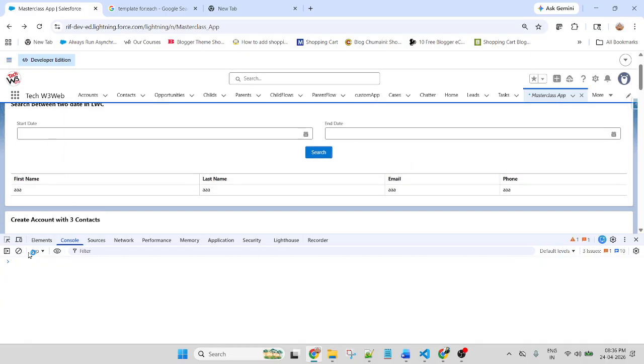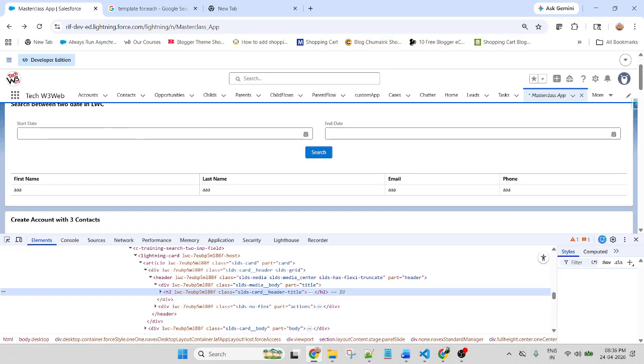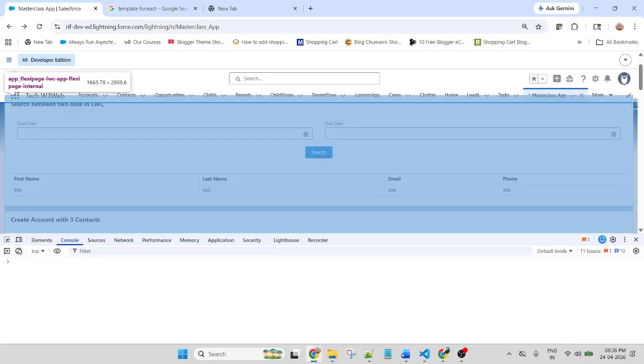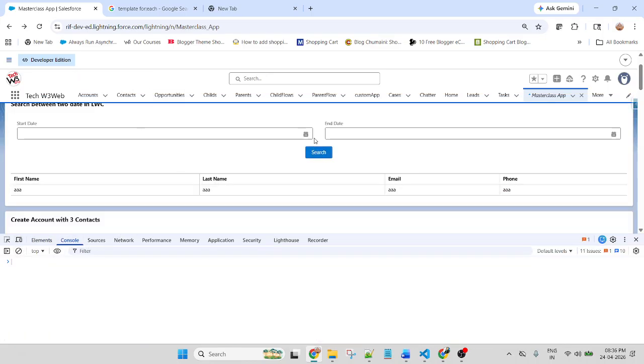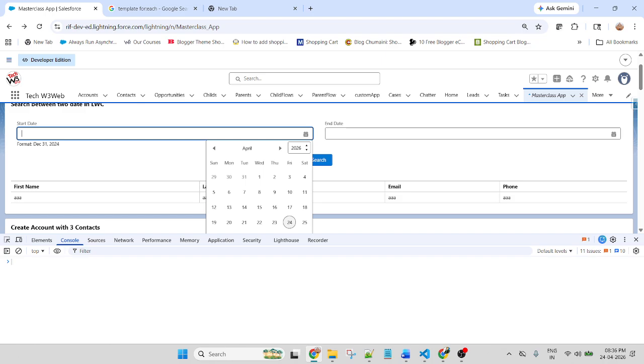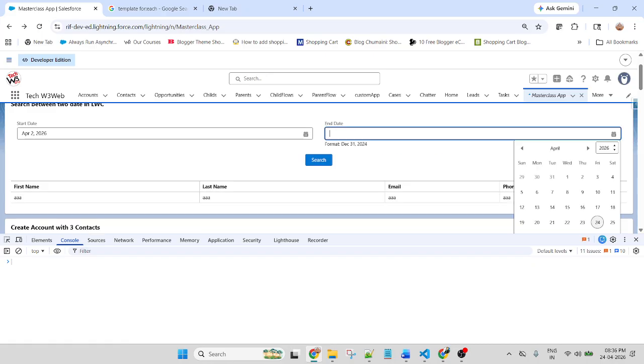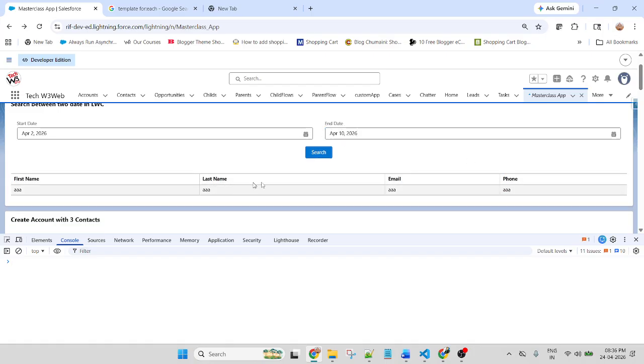Now clear the console. Now search start date. Let me suppose search 2 April. And here let me search 10 April. Between 2 and 10. Now click on search.